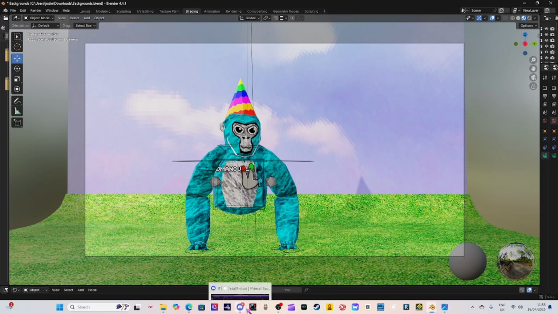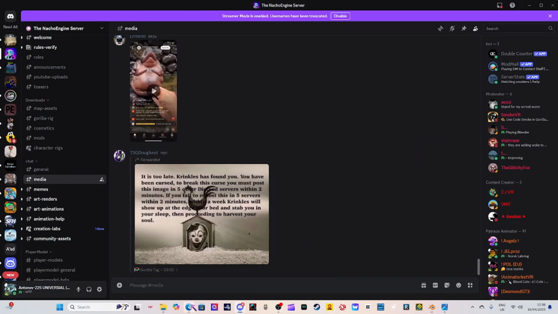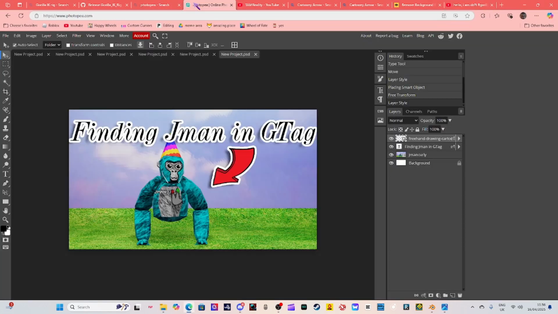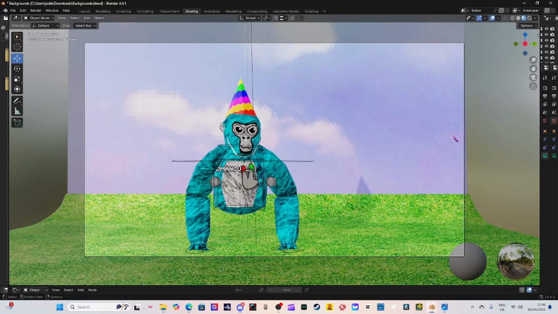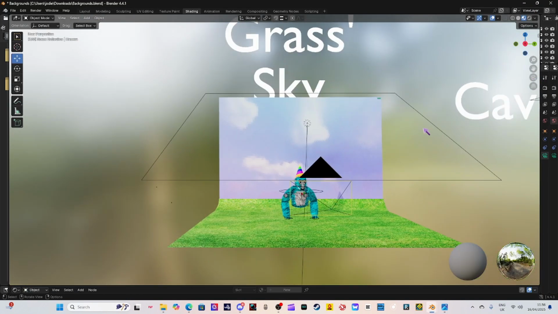One second, let me go on to Discord. So I made an image, let me show you. This, finding J-Man in GTag with my GTag stuff. You can tell me if it's good or not. So yeah, I'm gonna run you through how to make your own